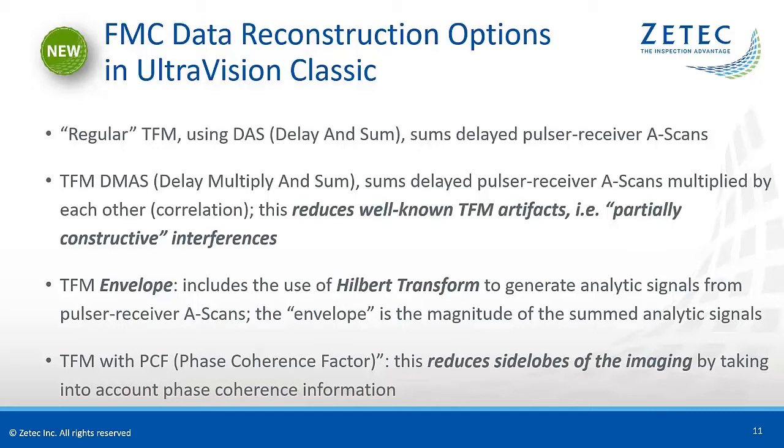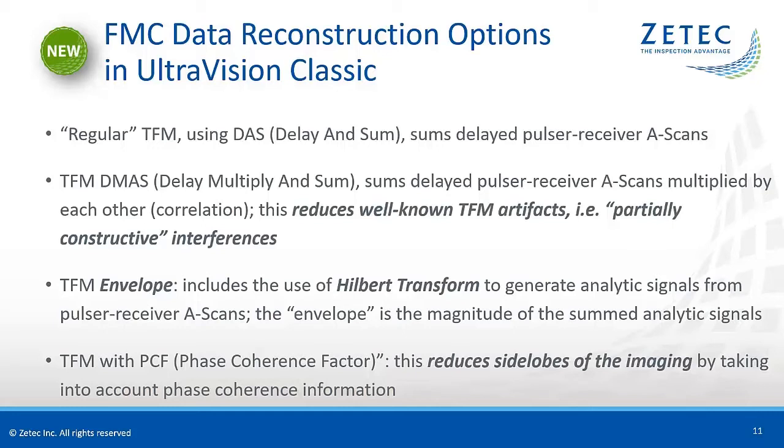The TFM envelope algorithm processes analytic signals obtained from the pulser-receiver A-scans using the Hilbert transform. The envelope is obtained from the magnitude of the summed analytic signals. The resulting images look like phased array signals with a smoothing filter applied. And finally, TFM with phase coherence factor reduces the side